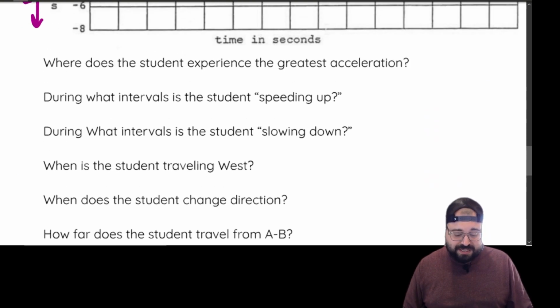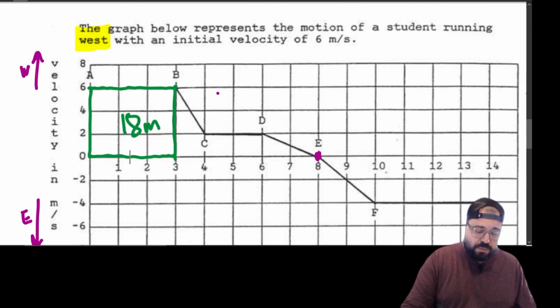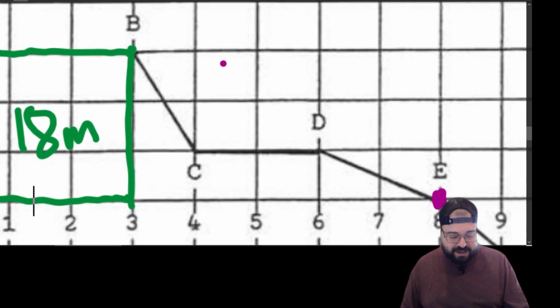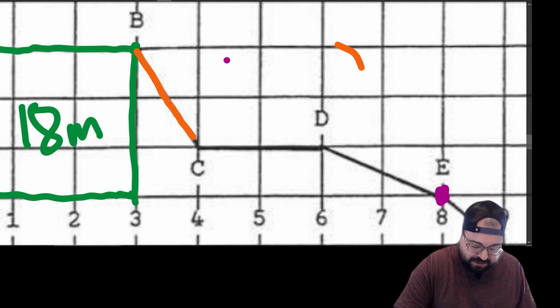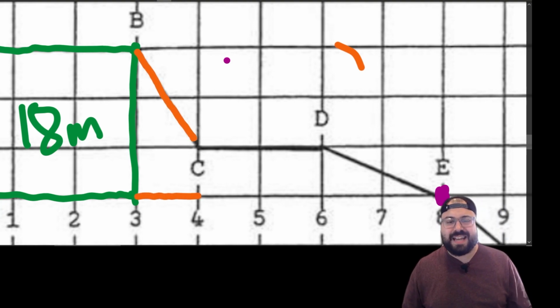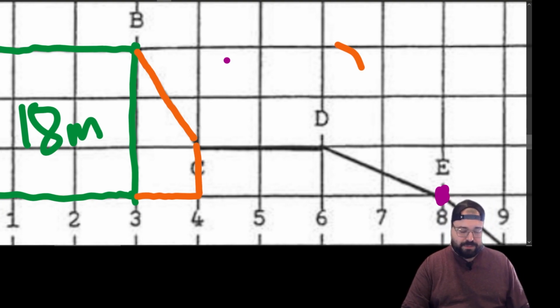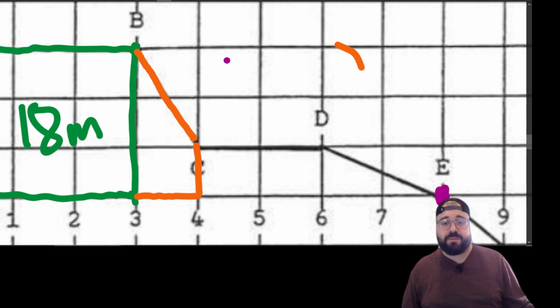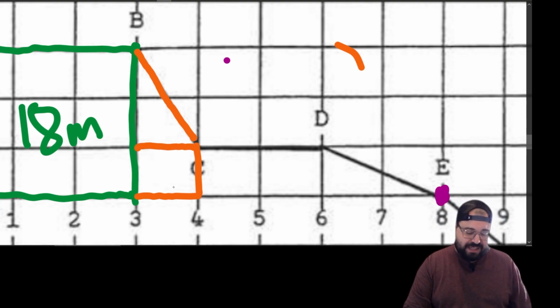Then what is the total distance the student travels? So now we got to play that whole game again. Where this one gets a little tricky is right here from B to C. The reason why, kind of take a look at this. If here's C and then here's my x-axis, that's kind of awkward, isn't it? So I've kind of got to break this into two shapes because this is a trapezoid. Anybody want to find the area of a trapezoid? Nah. So what we want to do now is just find the area of this rectangle and the area of